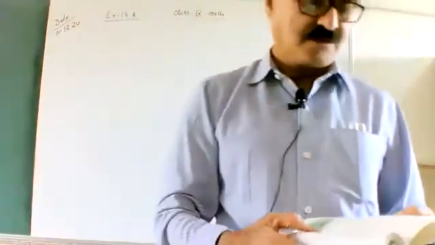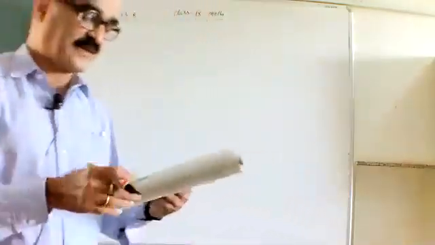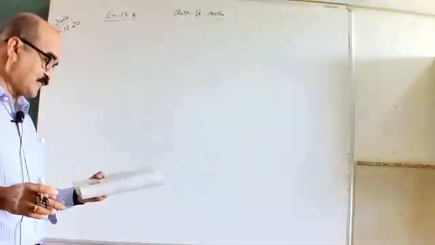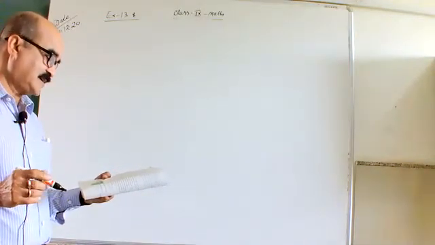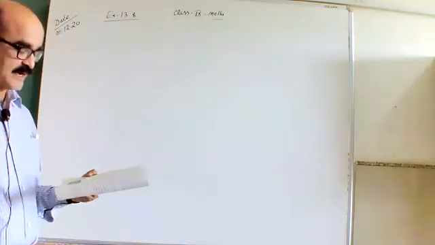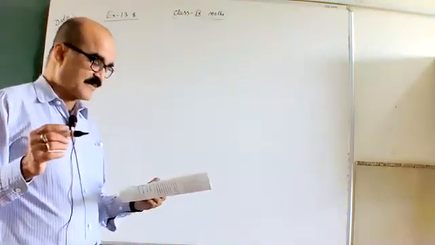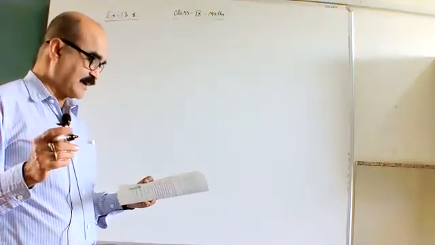Now next question is question number 9. 27 solid iron spheres, each of radius r and surface area s, are melted to form a sphere with the surface area s dash. 27 solid spheres, the radius r is given to you and surface area is s, okay, and it is melted.